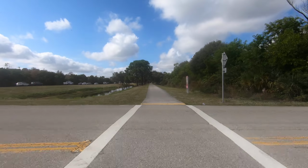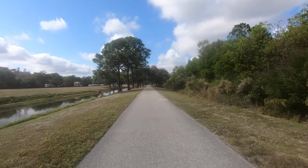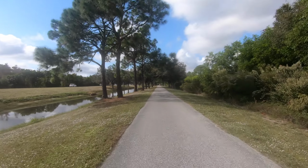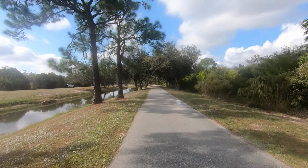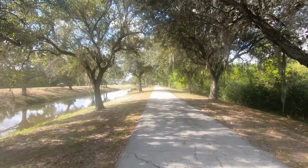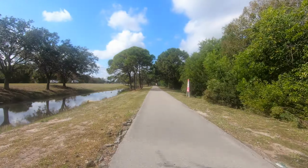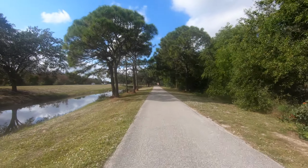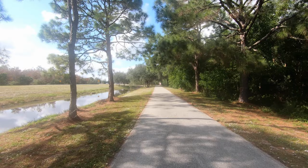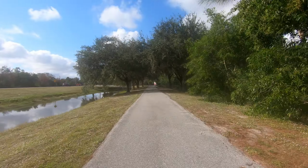No cars coming, clear line of sight. There was one bird. We're 3 miles into our journey now. Ooh, little bump there. I think we're past all the bumps now. This is one little section. There's a little duck out there, heron hunting, and